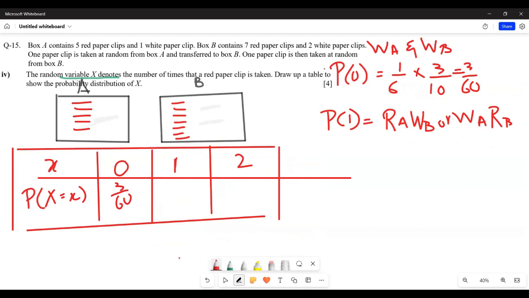red clip from A. So that's going to be 5 upon 6, sorry. Times, now red आ गया तो अब ये एक red निकल के इधर आ गया। तो ये 1 2 3 4 5 6 7 8, 8 रेड है और टोटल 10 हो गए। ओके सॉरी, अब तो व्हाइट की प्रोबेबिलिटी निकालनी थी, रेड और फिर अगले में व्हाइट। सो व्हाइट आने की प्रोबेबिलिटी है 2/10